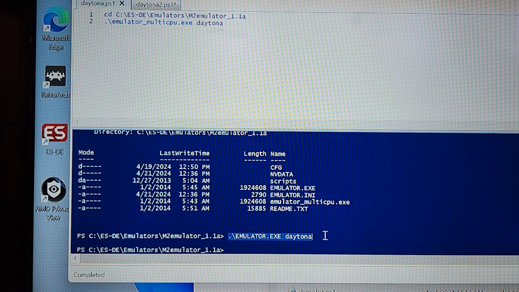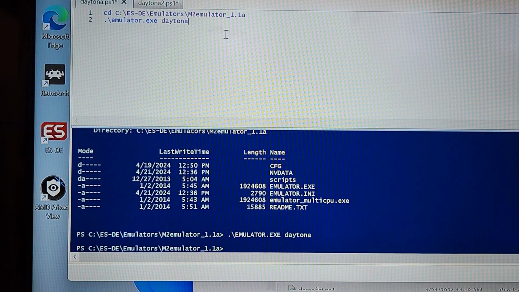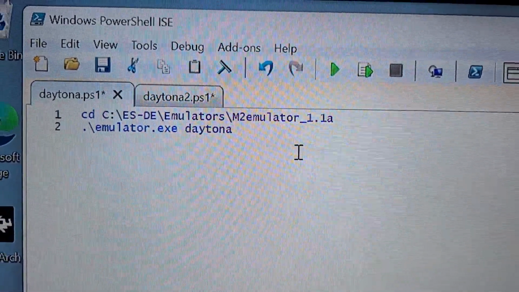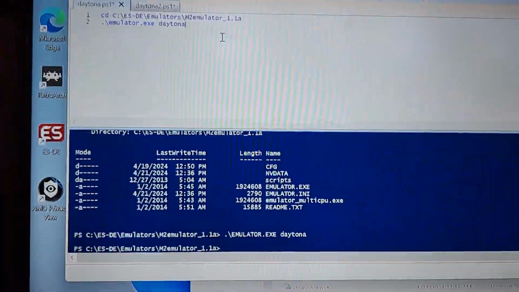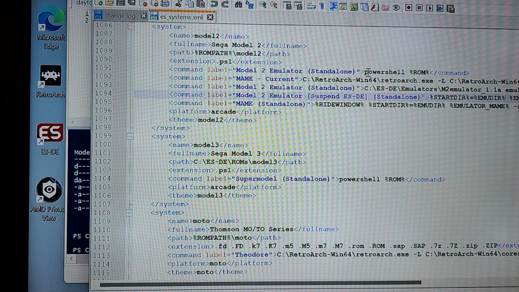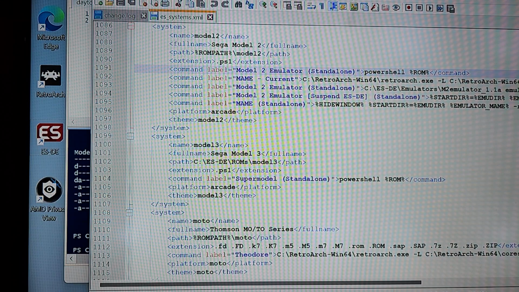an exe command. So up here, instead of this command, we'll type emulator.exe, and it'd be just like we did up there. As you can see, what I'm doing inside of the PowerShell script for the emulation station is that over here I'm telling it to run the PowerShell command,